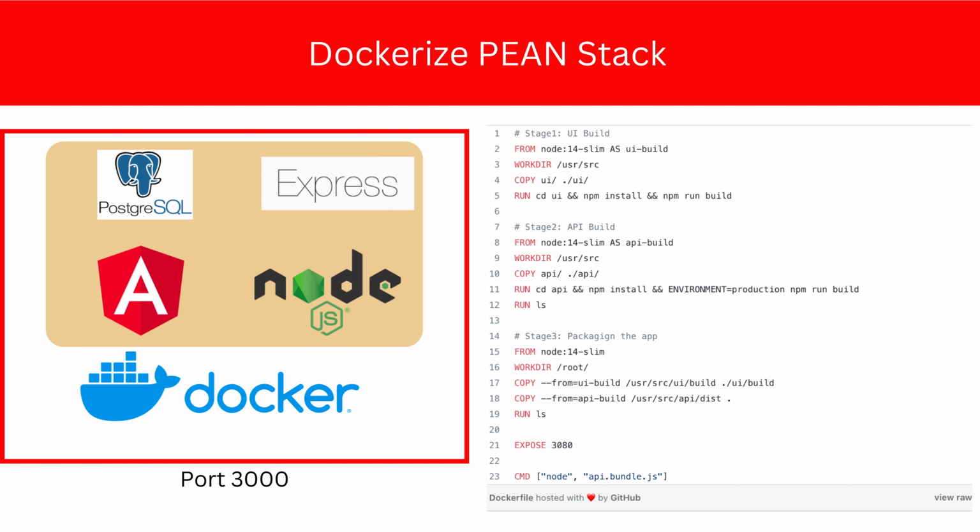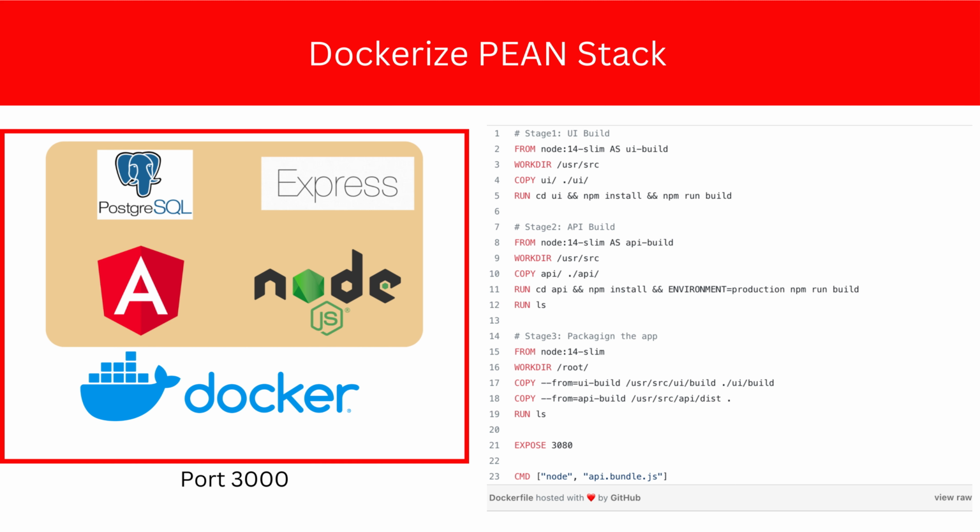That's why in the third stage you are taking the built assets from stage 1 and stage 2 and copying those into different folders. All we are doing in stage 3 is copying the built assets from stage 1 and stage 2 and putting those into different folders, and in the last step we are running node API